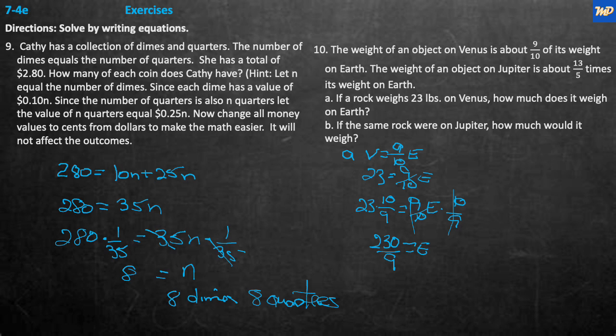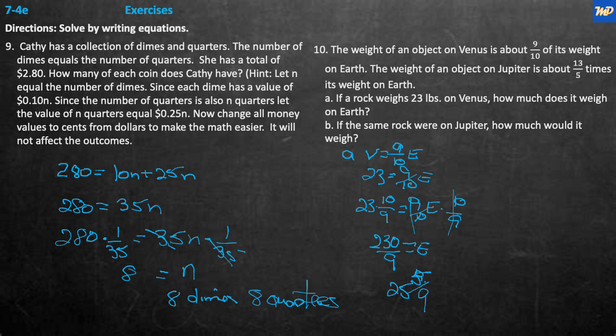So if we figure out what that is, and more specifically, instead of this fraction, if we divide 9 into 230, we're going to get 25. And 9 times 5 is 225. And 225 from 230 leaves 5, so the remainder is 5. So it's 25 and 5/9. Okay, so now we're going to do the same thing for